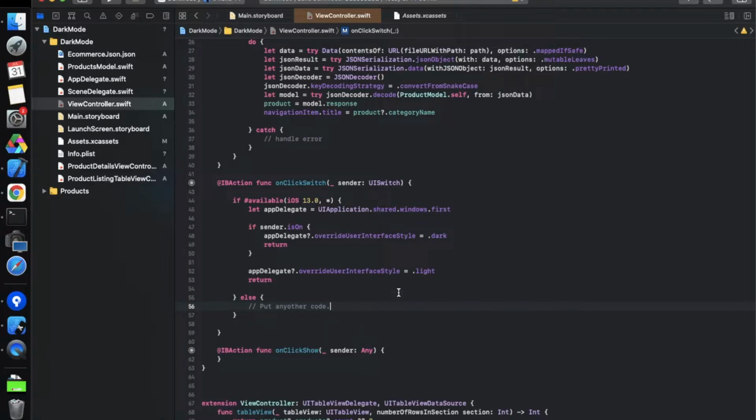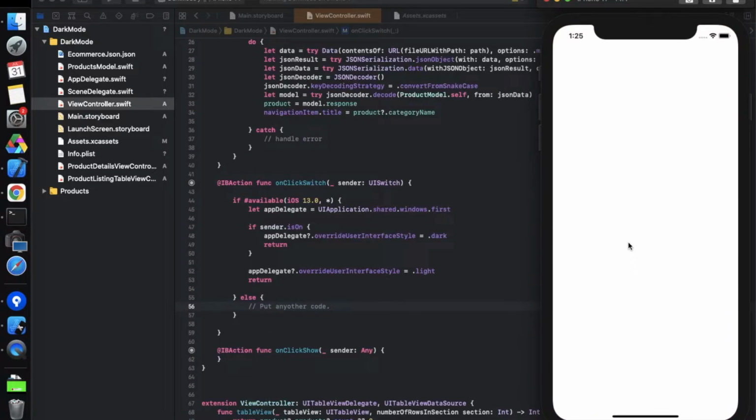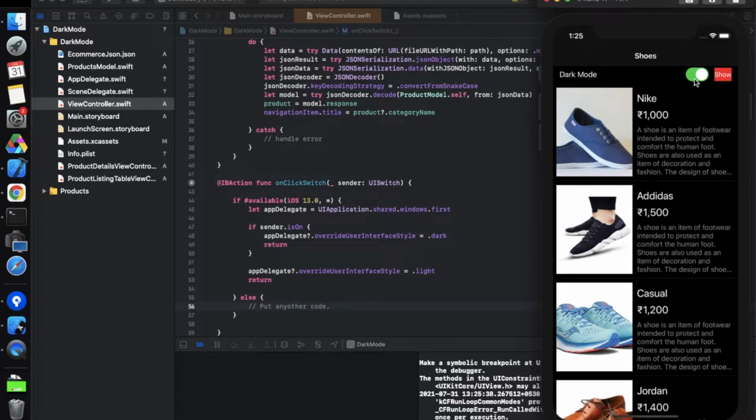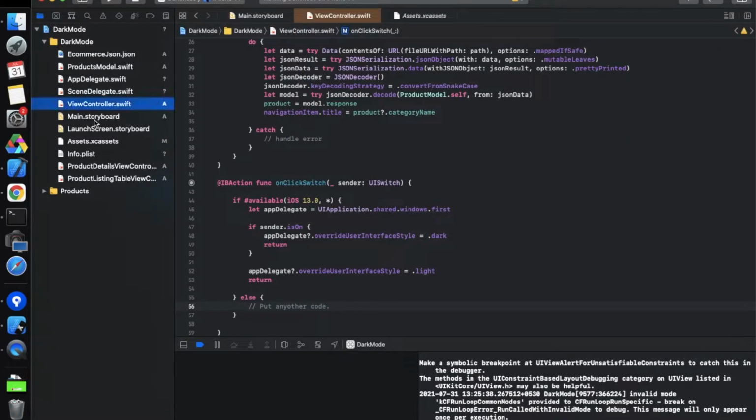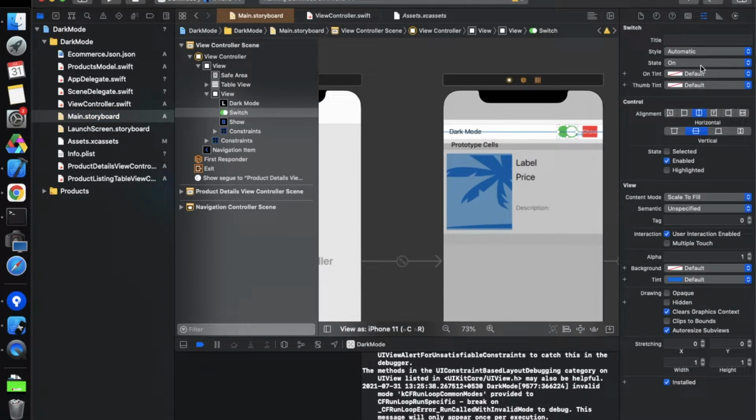So let's run this and see whether it is working or not with this code, whether it will convert the present UI into dark mode, because right now we are having this black and white thing, so probably it will convert into something good. The previous state of this switch button is on, so that's why this caused an issue. So let's make this thing off first. So let's move over here, and the initial state is off like this.